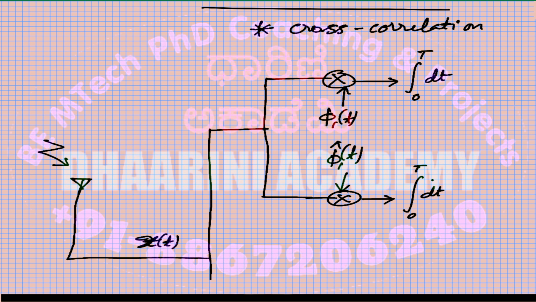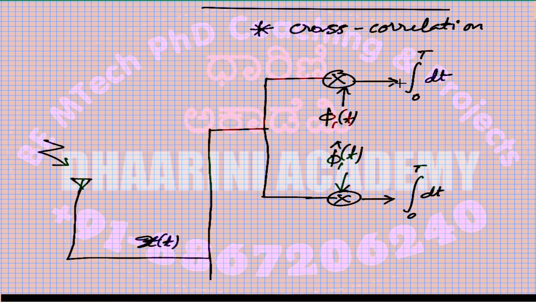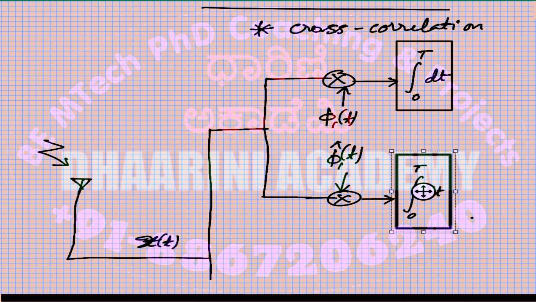This itself is the correlation. Since you are performing it with x with phi and x with phi cap, this is cross correlation. We are not doing x with x itself, which would be auto correlation. This is cross correlation. So we have two of them, then followed by